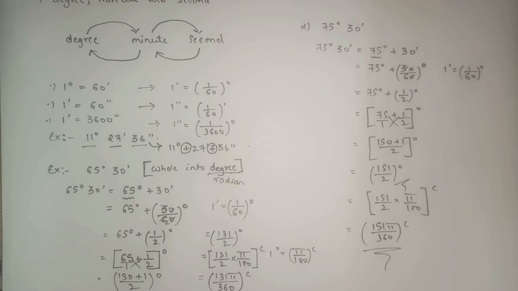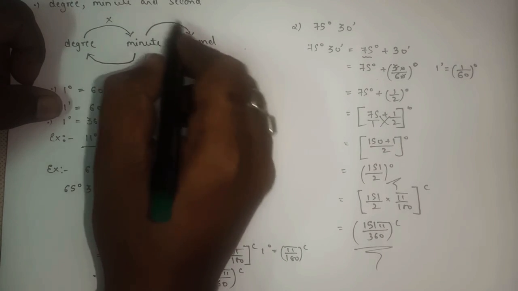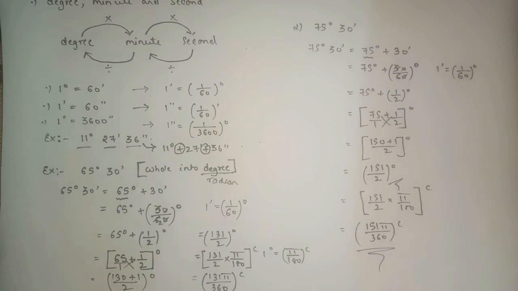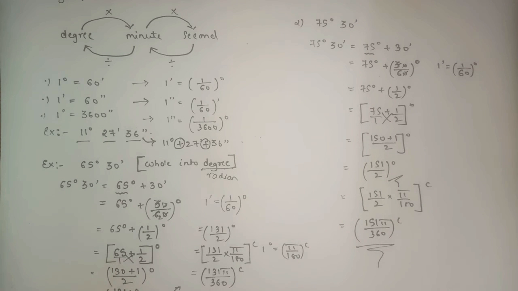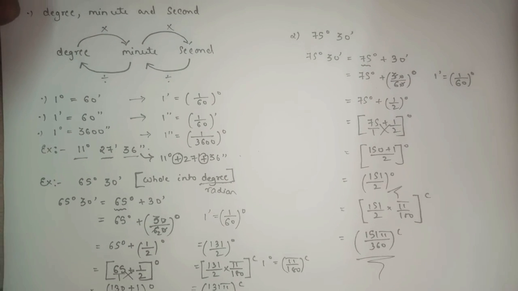So that's the process to convert degree into minute, minute into second, and when it comes back, see the process. Okay, so remember, degree to minute, minute to second, and when it comes back, divide and divide. Got the process, understood how to apply, how to convert. Okay, this type of sum is there in the exercise, so you must know the conversion, how to convert this whole part into degree. I hope you all understood both the examples. So let's have a quick revision.